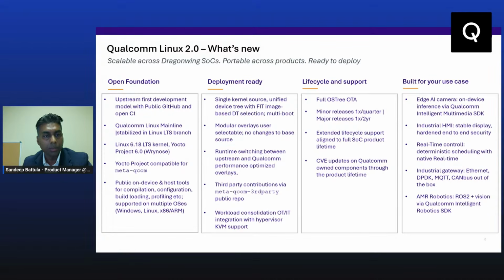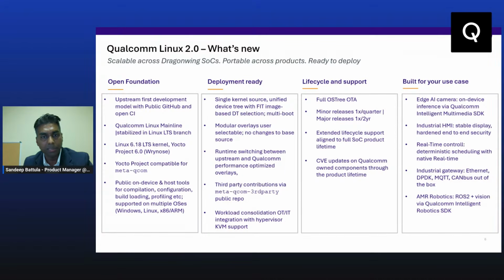Today we announced GA for Qualcomm Linux 2.0 with the Linux 6.18 LTS kernel and Yocto project 6.0, which is Rhinos. Meta-Qualcomm is a Qualcomm Yocto project, and it is fully Yocto project compatible. What does it mean to you? This means your existing Yocto projects can scale with Meta-Qualcomm. And to complete the open foundation, we have public on-device and host tools for compilation, configuration, building and profiling